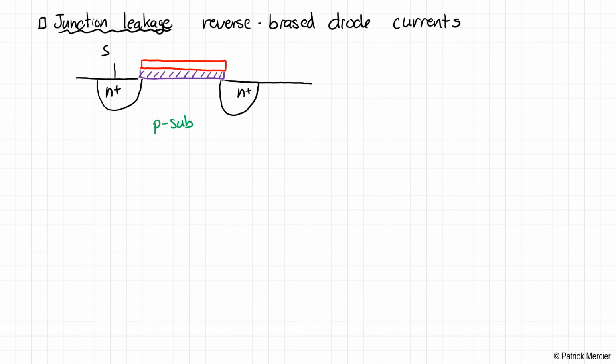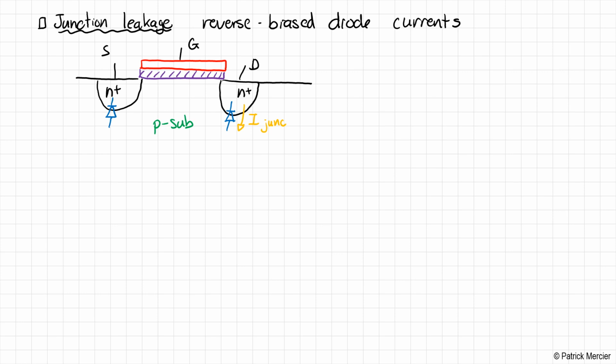And this is the source, the drain, and the gate. Okay, so it turns out that we do have these PN junctions that form between the P substrate and the doped regions forming the source and the drain. And between these diodes, now normally, if you recall, the P substrate is always grounded, and the source and the drain must be at a potential that's at least higher than ground to make sure that these diodes don't turn on themselves. So this means they're reverse biased, and a reverse biased diode will have some current,